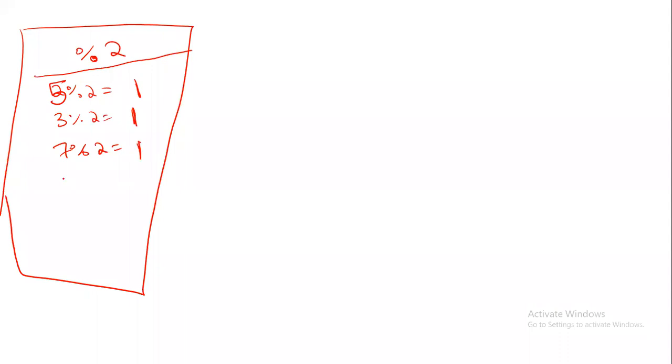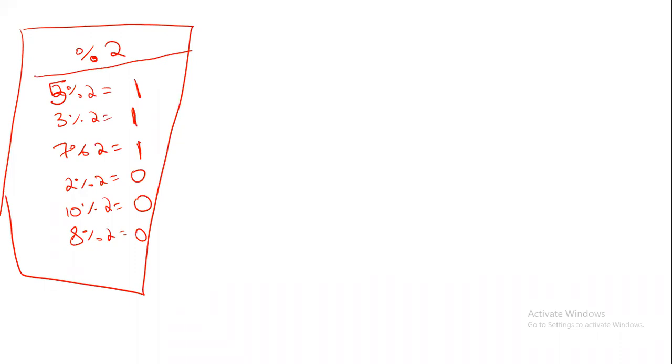Now let me write another type here, that is 2 mod 2. What is 2 mod 2? 0 is the answer. 2 mod 2 will completely divide. Whenever a number completely divides, the remainder is 0. 10 mod 2, the answer is 0 because 2 5s are 10, nothing more is remaining. Then 8 modulus 2, 2 4s are 8, there is no remainder, 0. So you are noticing that odd number mod 2 is 1, even number mod 2 is 0.